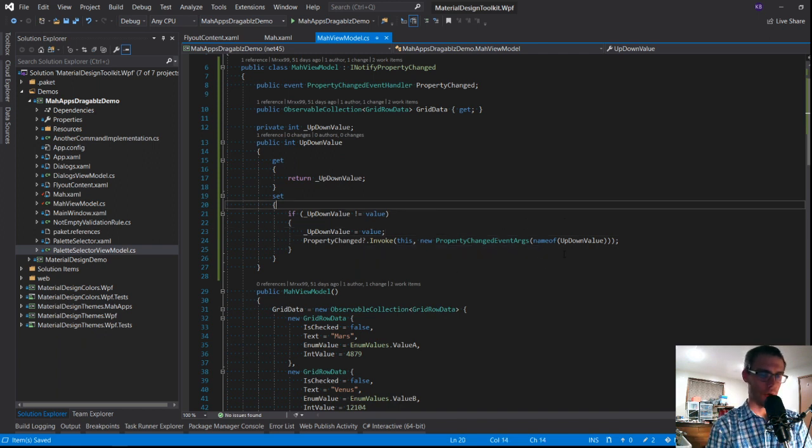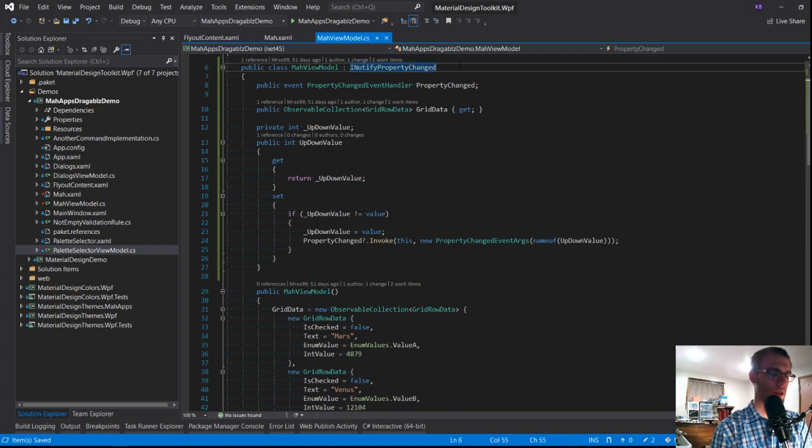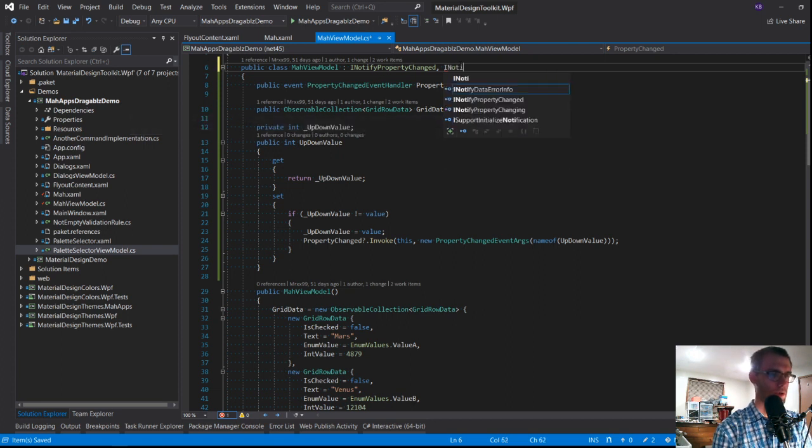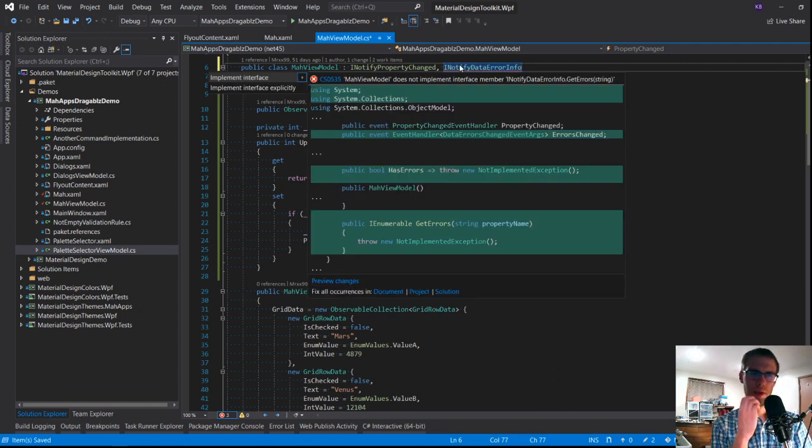And then obviously you want to tell it which property updated, so that only the appropriate bindings have to update. Okay, so this guy here, and then what is it? Was it notify error info? Is this the right one? I can never remember. Let's see.